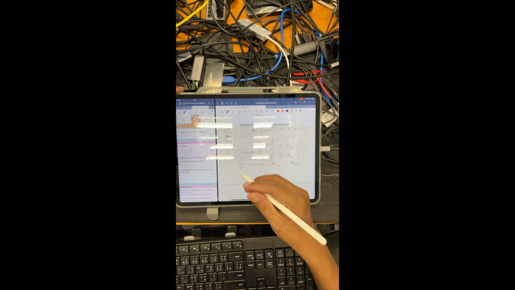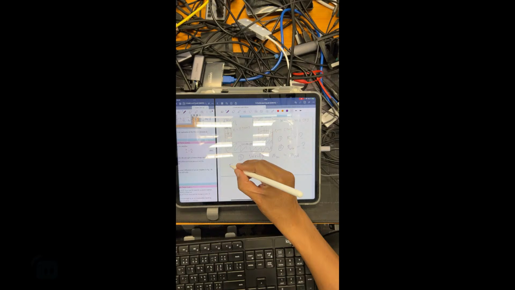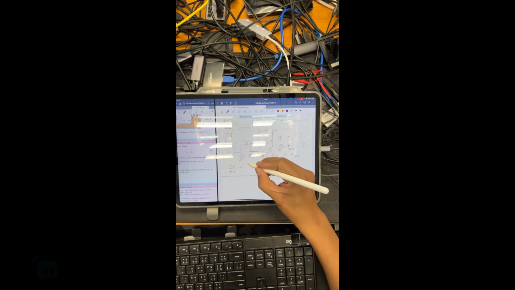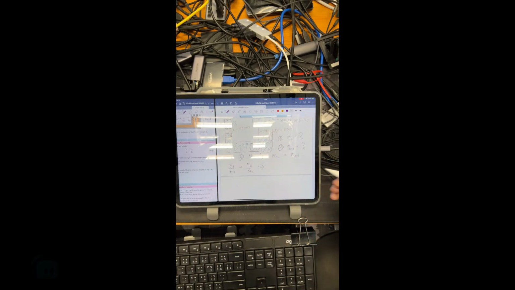What we want to know is F1. From Pascal's law we have F1 by A1 equals F2 by A2, so let's manipulate this equation. You know that F1 is going to be